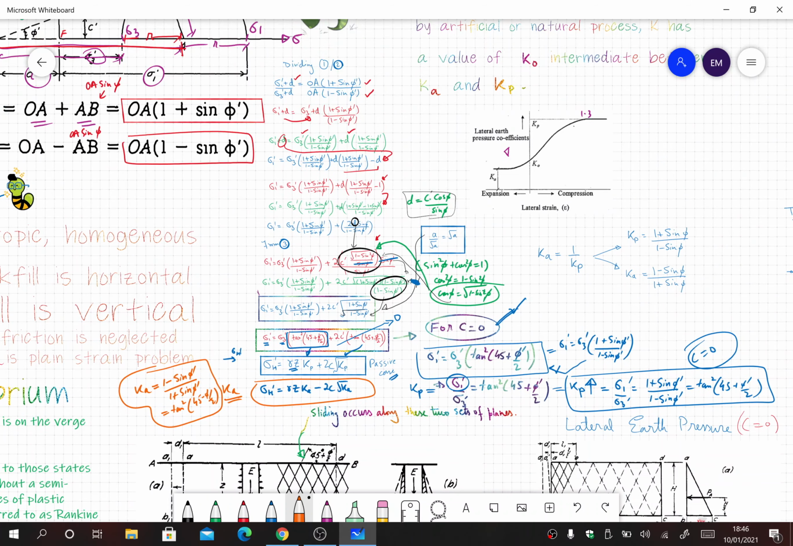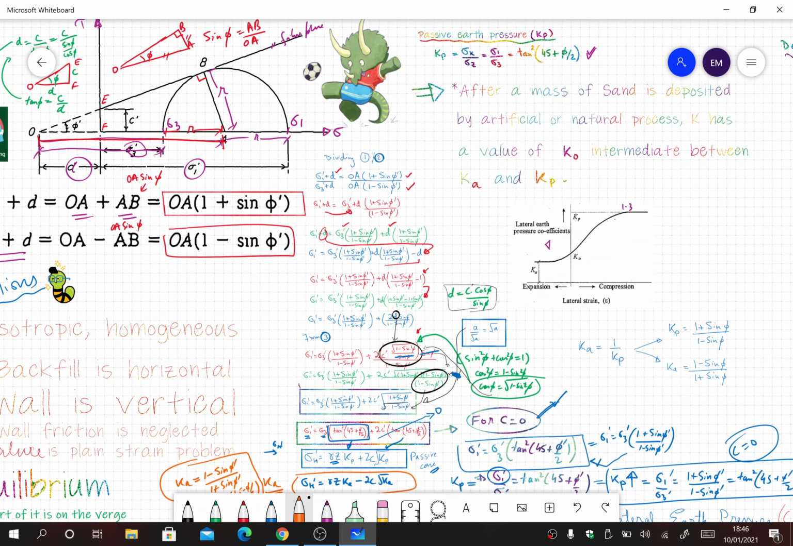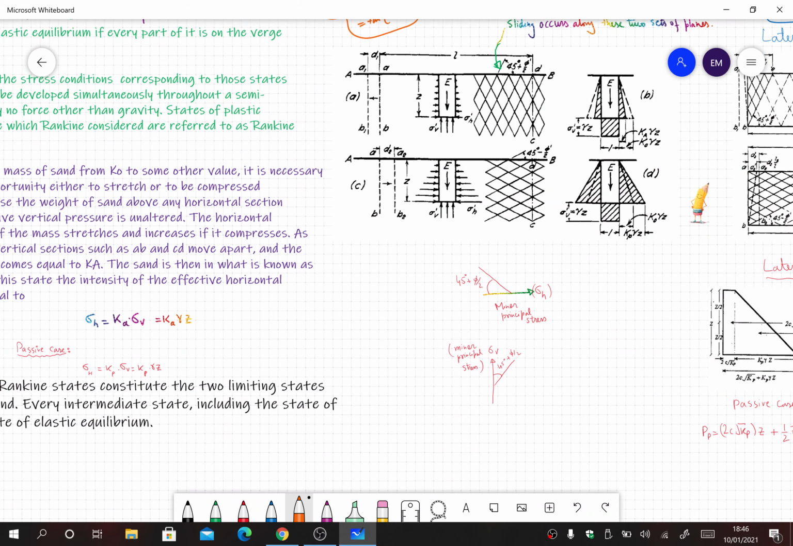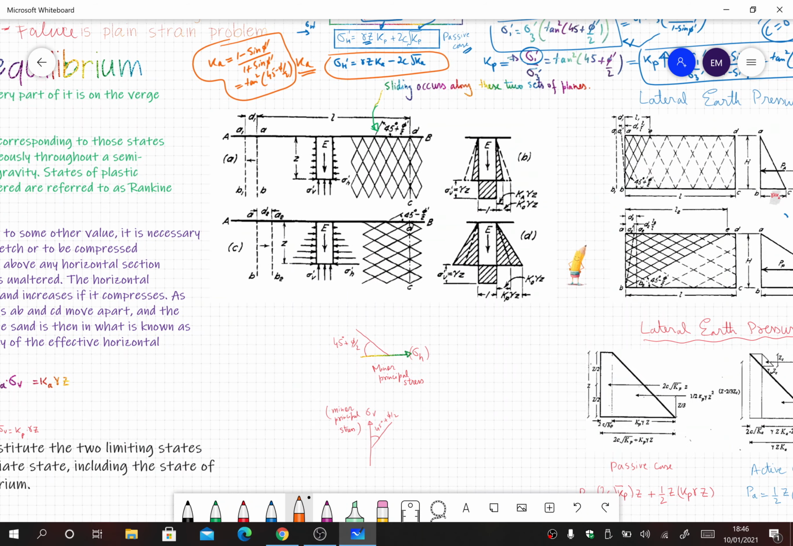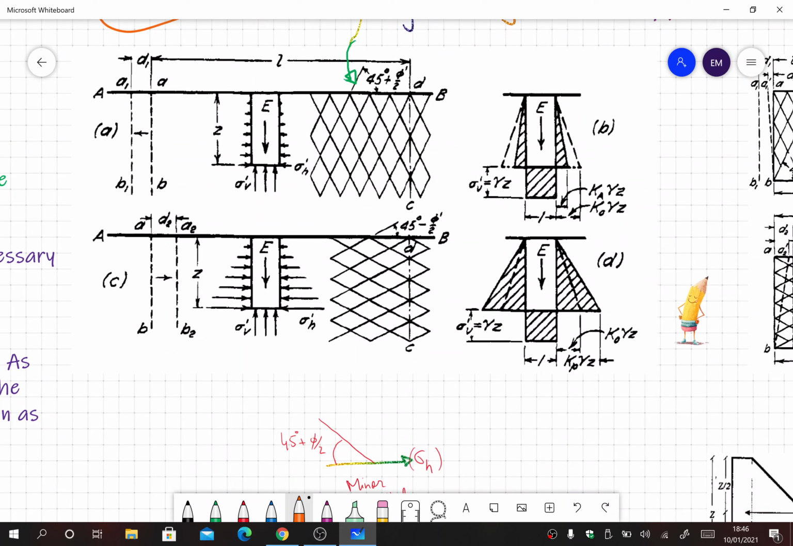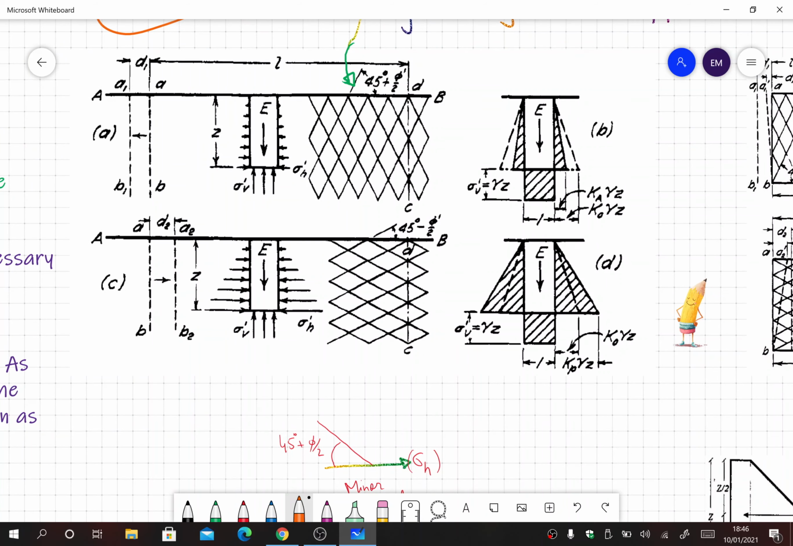According to Rankine, we have seen this. This image is from Terzaghi and Peck's book. He says that in Rankine's earth pressure, the failure plane would be at an angle of 45 degree plus phi by 2 from the minor principal stress. The failure plane will make an angle of 45 degree plus phi by 2 from the minor principal stress. So we know that in the active case,